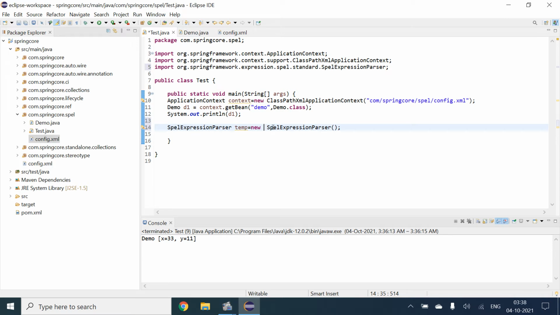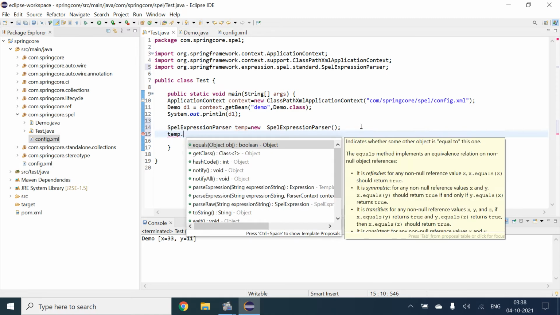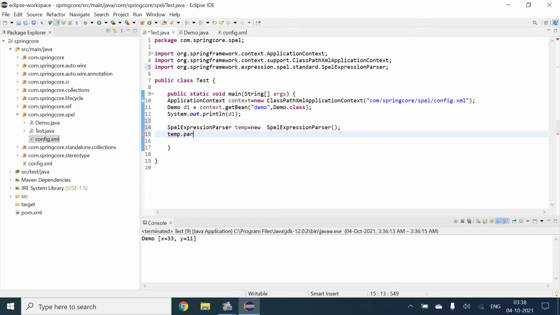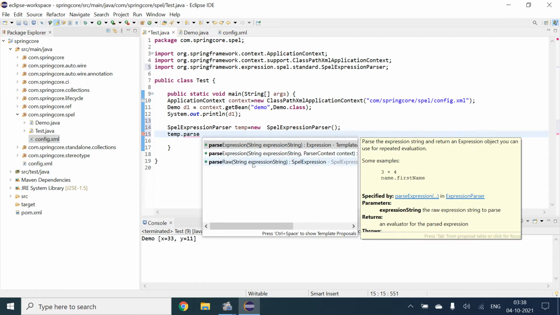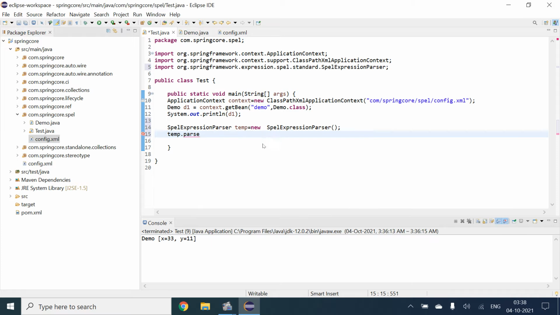And here we can just give the value like that, and when we get down, temp dot parseExpression, and here we will just give the value like we give in that annotation, basically the Value annotation.